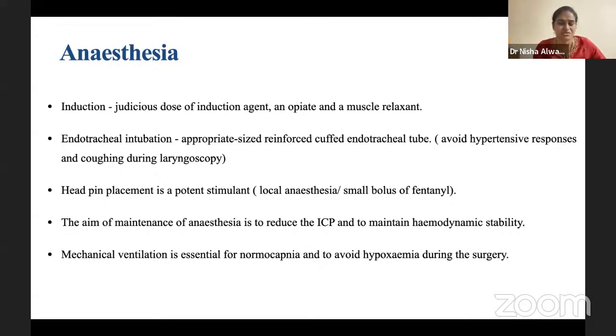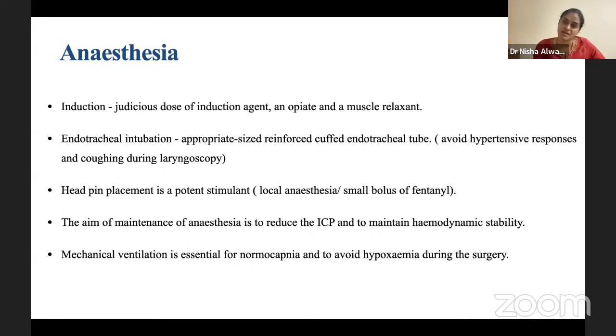There's no premedication. Generally, we don't premedicate a patient for posterior fossa surgery. Two reasons. If we give a sedative to the patient preoperatively, these patients might have hypoventilation, which can cause an increase in CO2, and there is a change in the consciousness. The buildup of CO2 definitely interferes with their consciousness. We don't know whether the patient has raised ICP and an altered consciousness, or it is because of the drug.